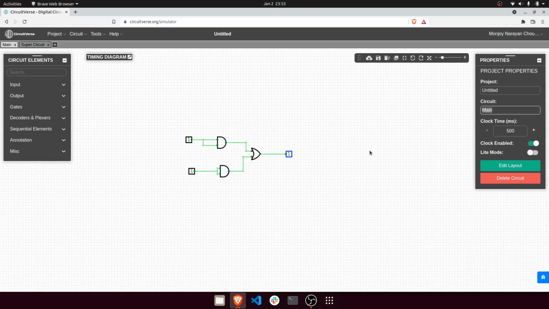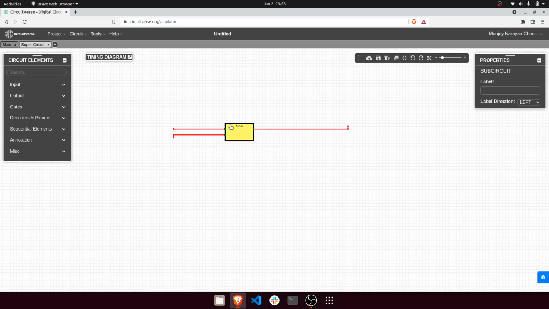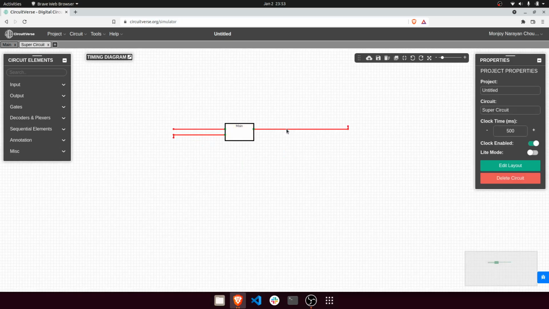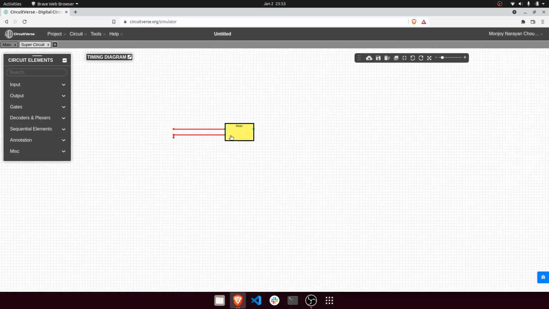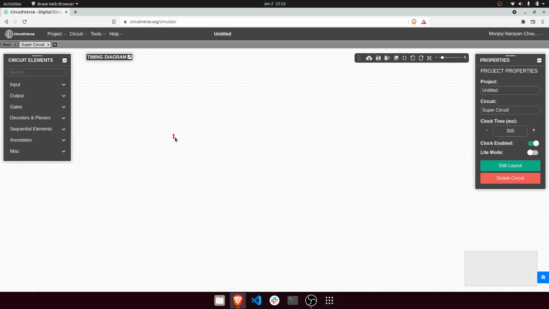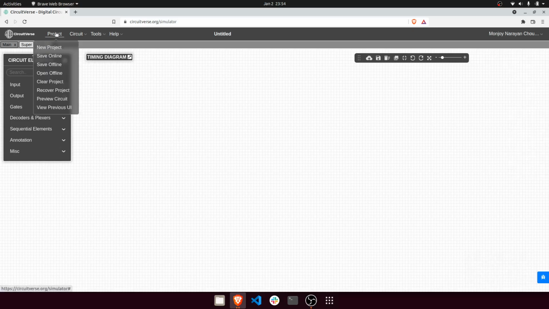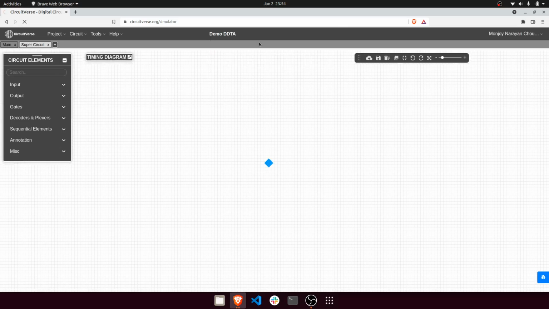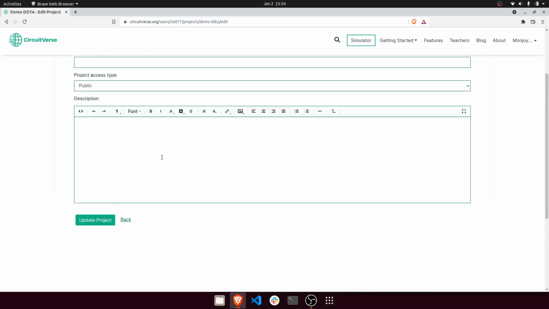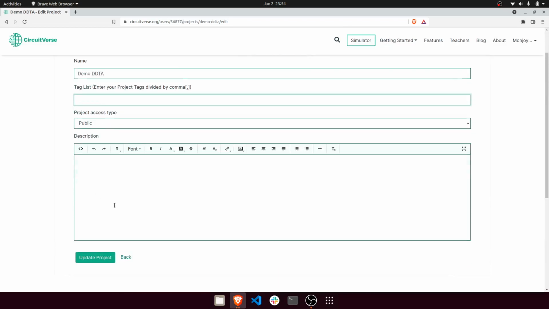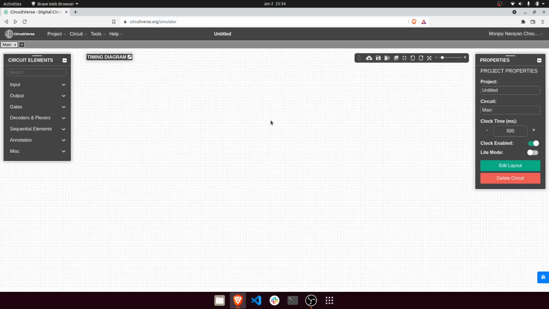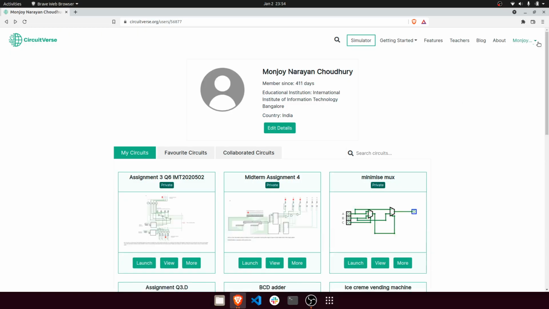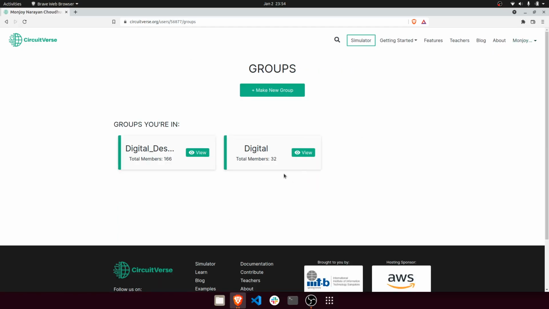of the circuit, right? This is the internals of the circuit. Now you're making modules of it and you're using it in separate circuits. So wherever you need to do modularity, feel free to do this. And the circuit mostly auto saves most of the time, but it's better you click save online rather than offline. You can do both if you want, but for save online, you have to write a project name, demo DDTA. Fine. So this is my normal project. I did this in a normal new simulator, right? So it's not preferred that you do that. Better you go to my groups, go to your group,